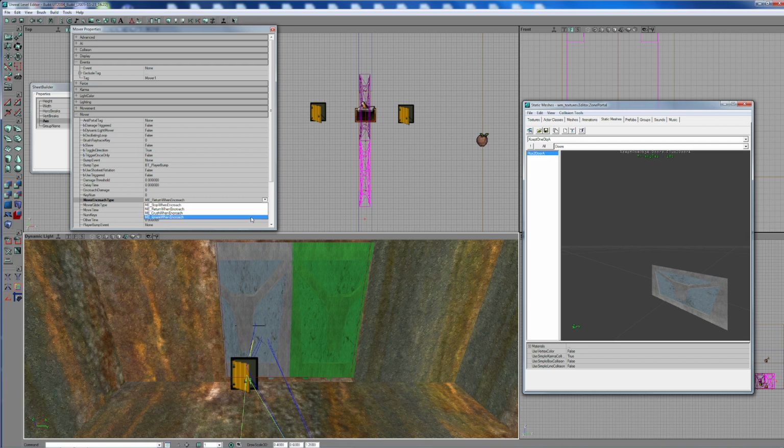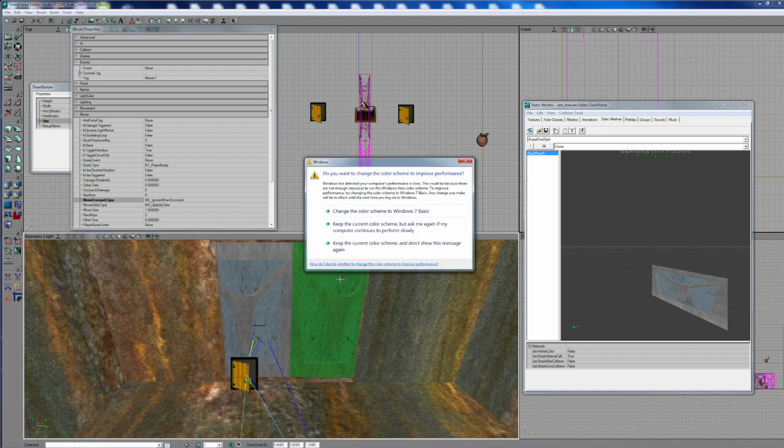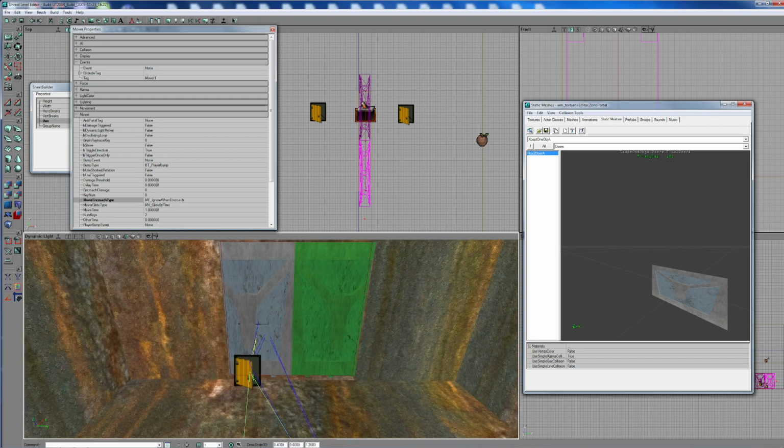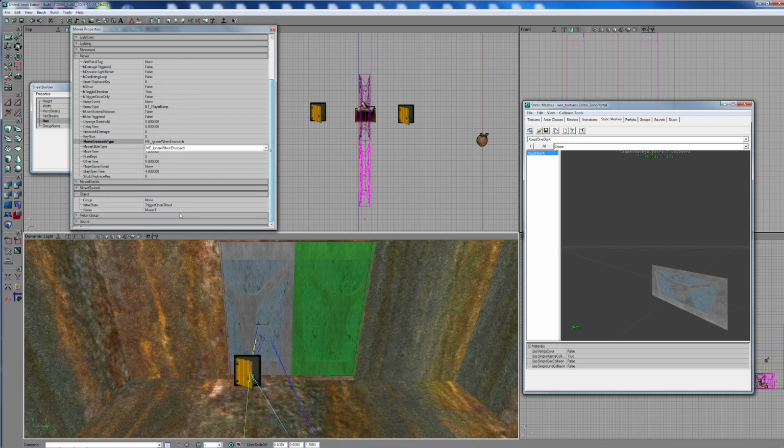Not returning when encroach, ignore. I'm actually going to do, well, they're both glide by time. Glide by time means it will start off slow, get faster, and then go slow towards the end. If it's move by time, it would take exactly 1 second to get from one side to the other. So they're both